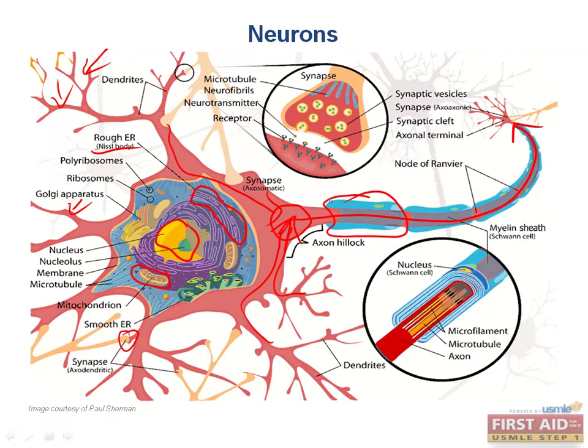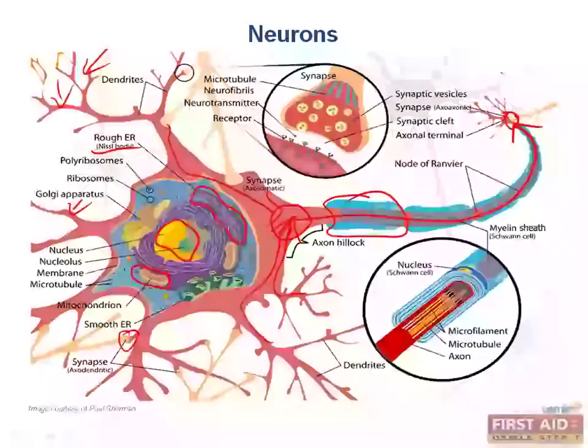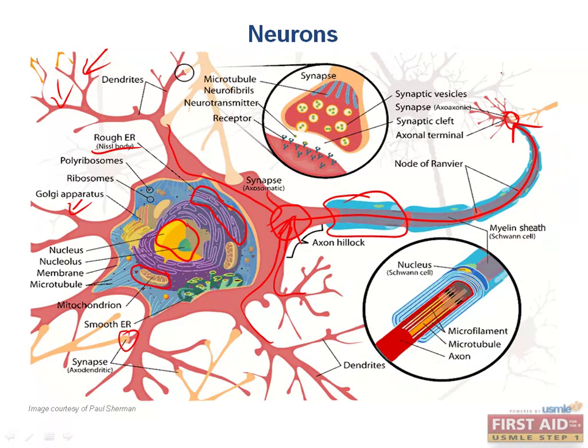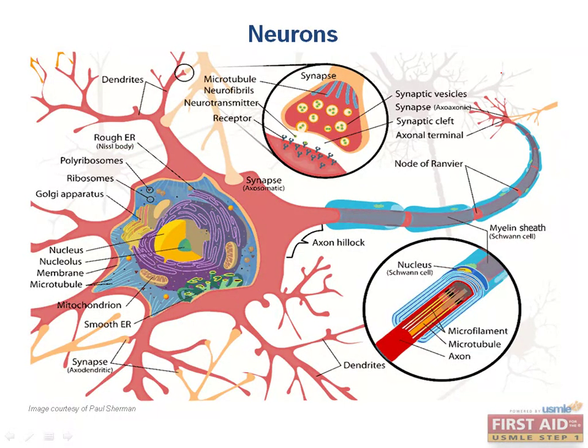Here's the myelin, and we'll talk about that and the significance of what that means. Once the action potential travels down the axon, you get to another synapse where neurotransmitter is released to the next dendrite of a nearby neuron, and that signal is then passed on as well. Most neurons are multipolar, which means they have several dendrites, as illustrated here, as well as several axons. Some neurons are bipolar, meaning they have one dendrite and one axon.